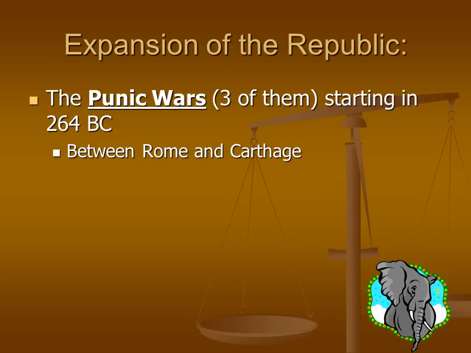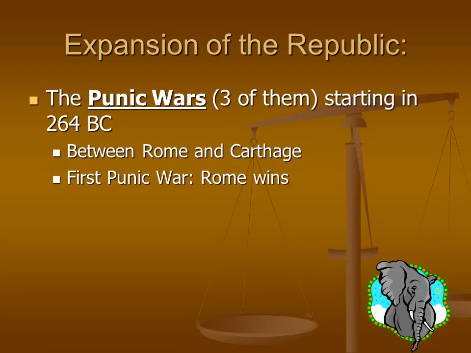Punic comes from the Latin word for Phoenician, so these are the Phoenicians that we had talked about, and the Carthaginians in that area. In the First Punic War, the Romans are going to win. Rome defeats Carthage and they force it to surrender. They get Sicily, Corsica, and Sardinia